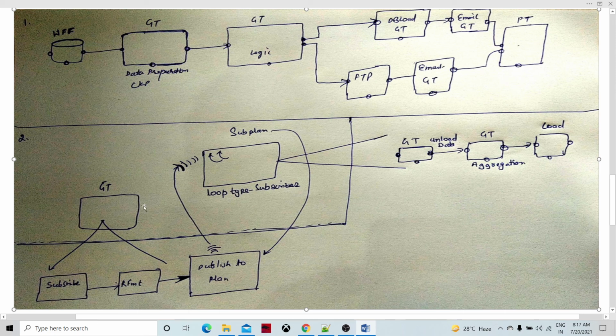Both the graph task and the subplan reside in the same plan. This is the beauty of this mechanism.